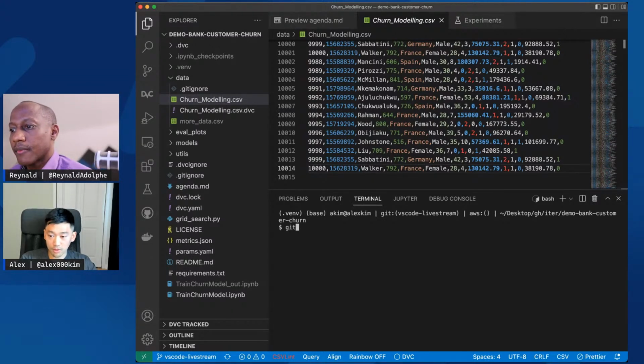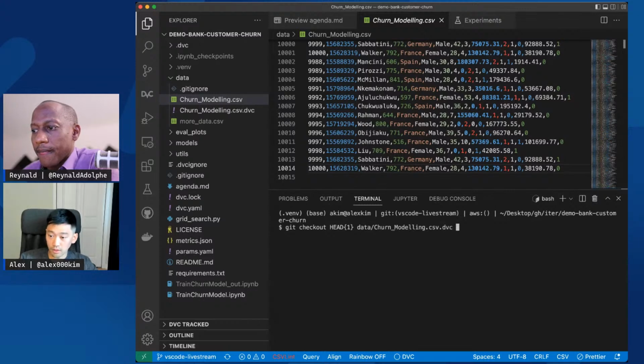So you could switch to a previous version of the data set by simply running git checkout, and here you would paste the specific commit ID. I know that in the previous commit I had the version that I liked, so I can just switch to the previous commit. Basically, what I'm doing is checking out this reference to the data from the previous commit.